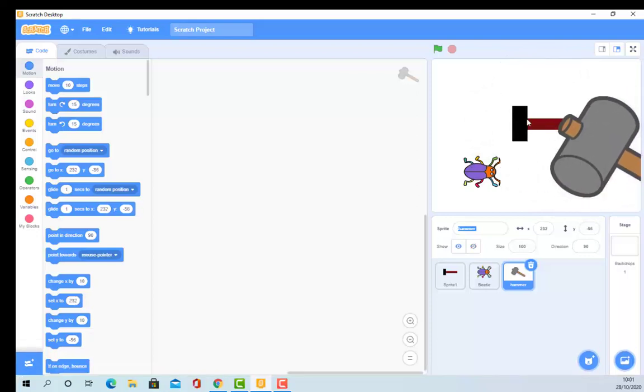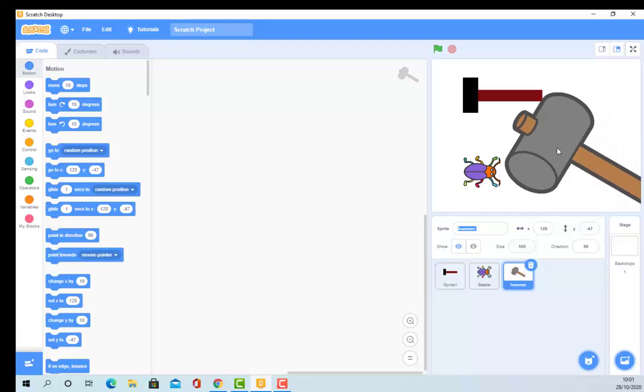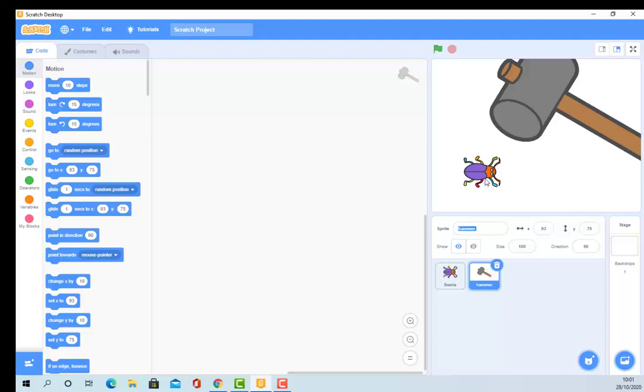All I want you to do is to create just two graphics for me. I'm going to leave that giant hammer. I'm going to get rid of this one here. It's a Sprite one. I'm going to bin that one. I like my hammer. I like my beetle. I think that's going to make a good smashing game. I don't like the size of them, but that doesn't matter. All I want you to do is now to fire up Scratch and to make me a hammer and a